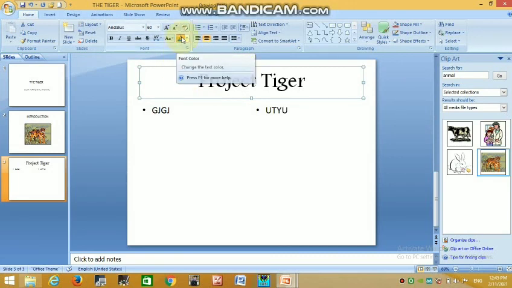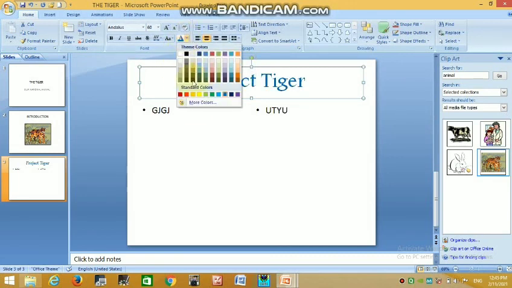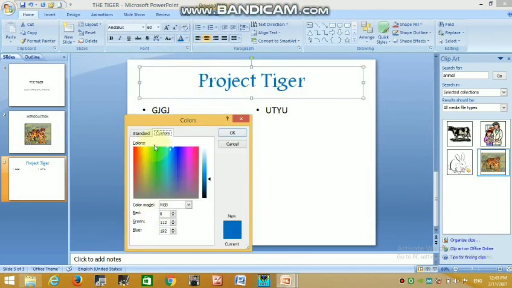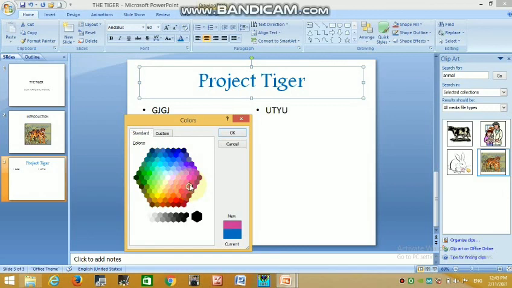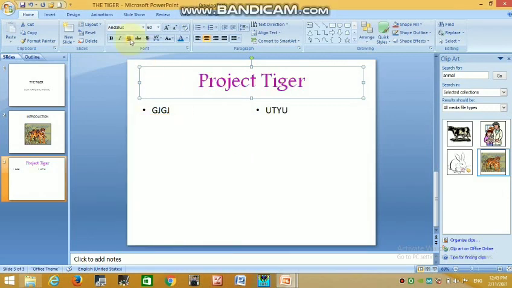Next is the font color. You can change color from here. You can click on more colors and by choosing a color you can change your font color. So with the help of this font group, from the home tab you can change color.